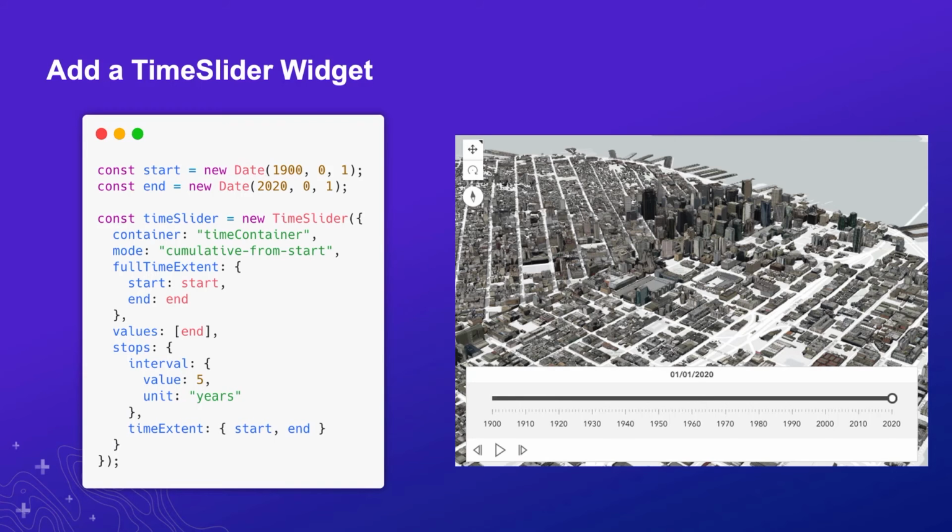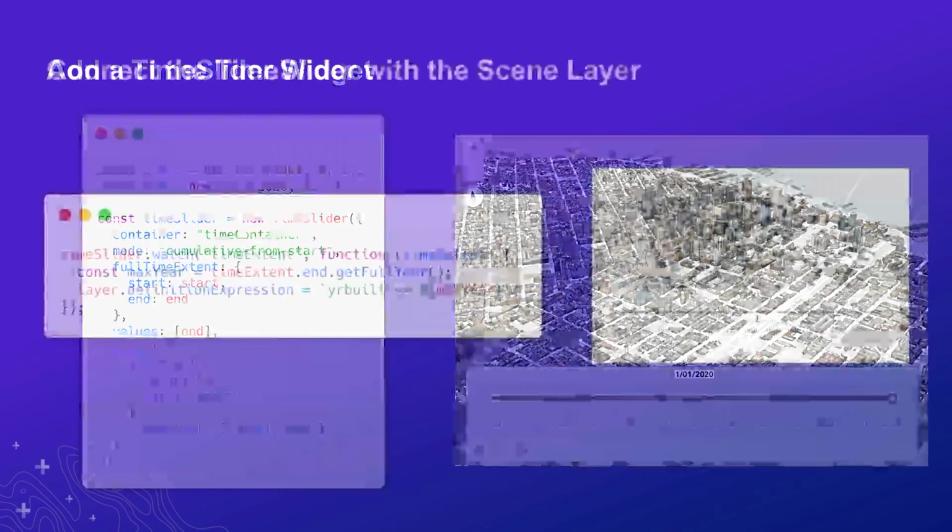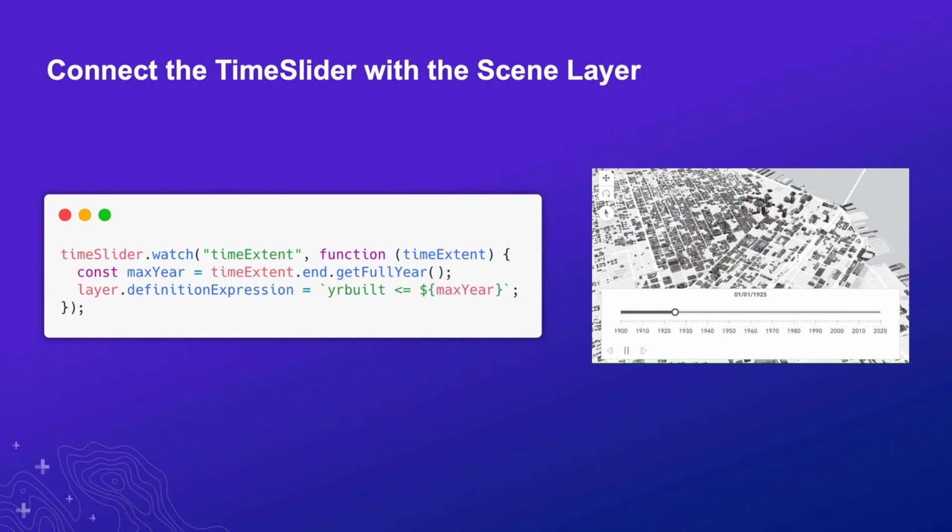Now, if you pass on the view to this TimeSlider, then it will detect automatically all the layers that have a time info, and it will filter them. But in our case, scene layers don't have time info. So how you can make this work with scene layers is to watch for the time extent and then pass in a definition expression that will filter the layer based